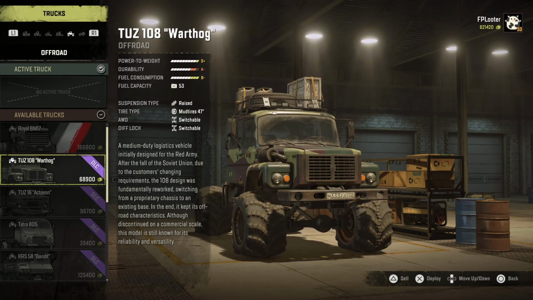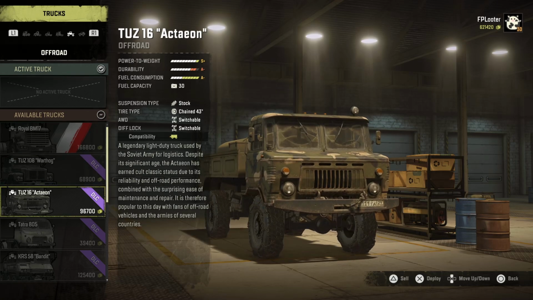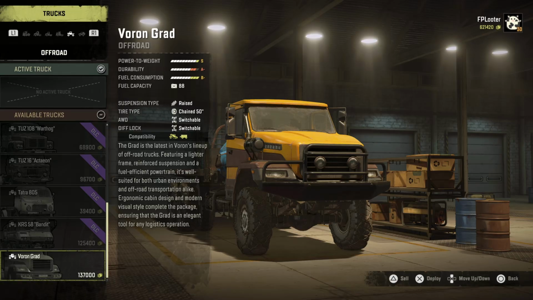They said to use an off-road, right? S plus. That's not going to pull at this little thing, because its weight is so small. B plus S. And fuel consumption. Have I used... What is the Veron Grat? Have I used this? The latest in Veron's lineup of off-road trucks featuring a lighter frame, reinforced suspension, and a fuel-efficient powertrain. Well suited for both urban environments and off-road. Ergonomic cabin design and modern visual style complete the package, ensuring that the Grat is an elegant tool for...